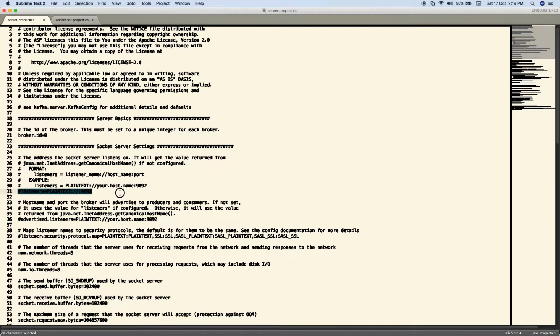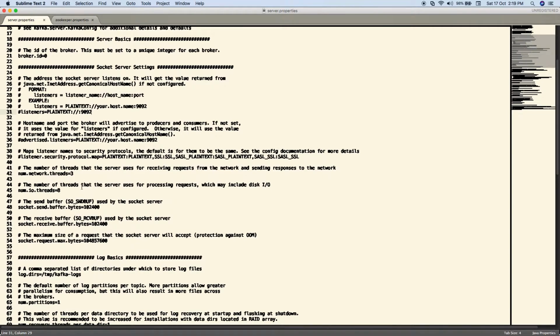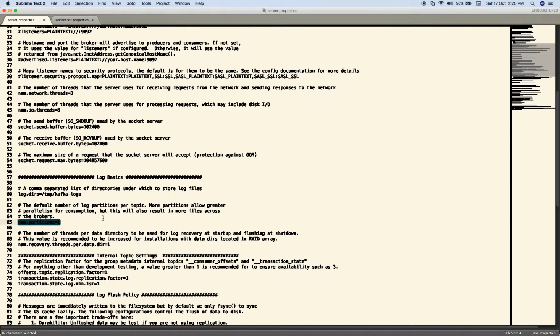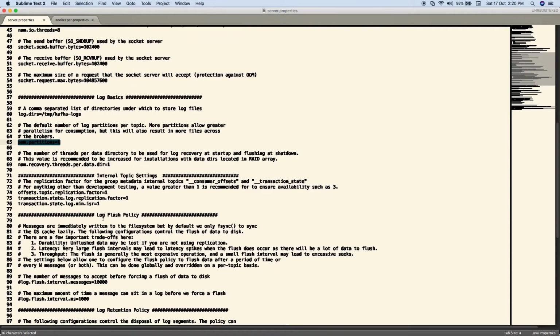Now we are just focusing on what these properties are, what these values are. If you see line number 31, this is the port where this Kafka broker will be running. Since we are going to start 3 brokers, we have to modify this property. By default it is 9092, right? But we can change this property. Let's see some other properties. Log directory: this is the directory where Kafka stores all the messages. It also keeps all the partitions, all the replicas under this directory only. By default, Kafka supports one partition.